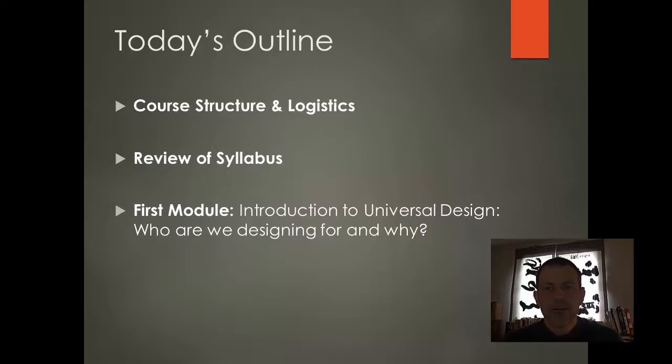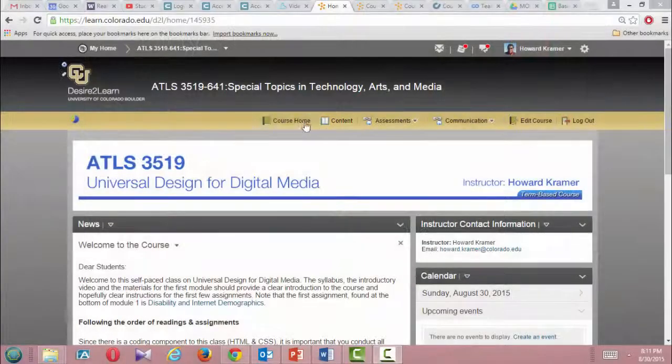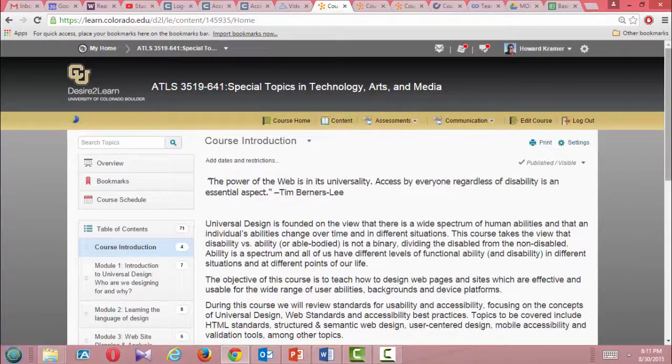I'm going to spend the next few minutes describing the structure and logistics of the course and briefly reviewing the syllabus. Then in the first module of the course, Introduction to Universal Design, Who Are We Designing For and Why, we're going to review the features and applications of universal design and the demographics of the audiences for which we're designing. The focus of this class, you should be aware of by now, is universal design. If you turn to the syllabus, which I suggest you do now, located under Content, Course Introductions,